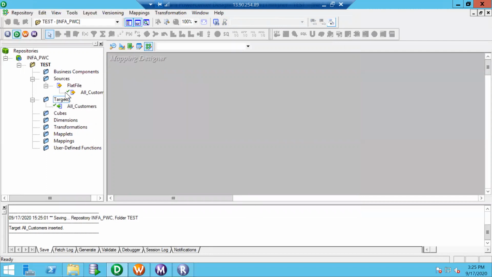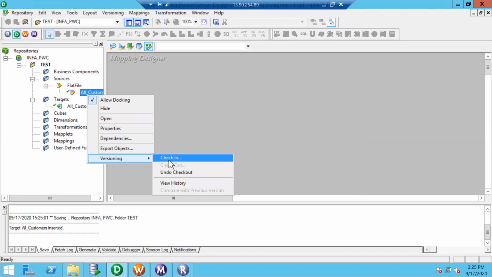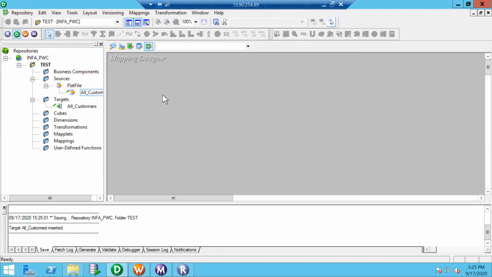If you wonder what is this symbol in green color, it is nothing but I have enabled version controlling. So any objects which are created will be checked out. We can check in the objects once we are done with the changes. As long as one user is using it should be fine, but if we are doing any changes, unless we check in the components, other persons will not be able to see the latest changes.